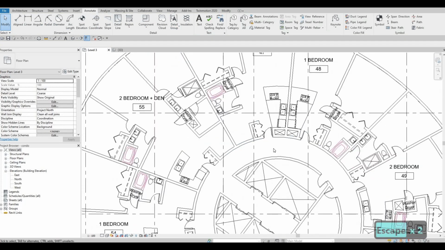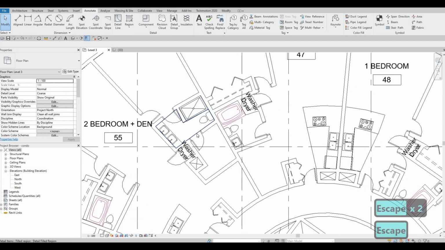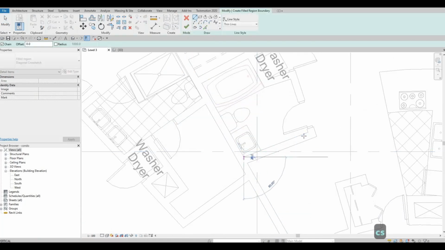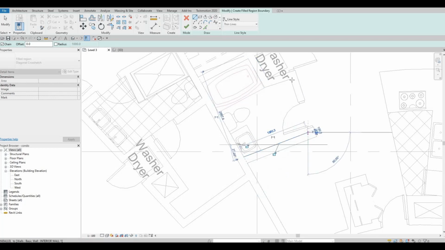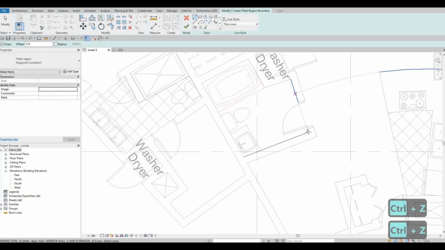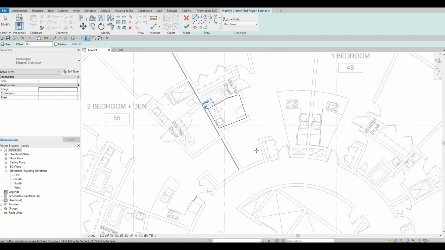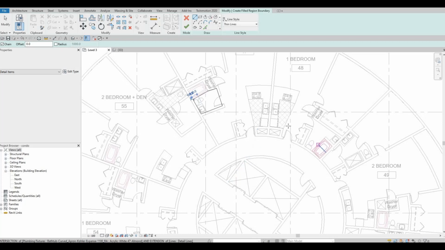So it's gonna be easier for you, and then we just need to do that. So here for the washroom, what I'm gonna do is I'm just going to go around this, and then let's do